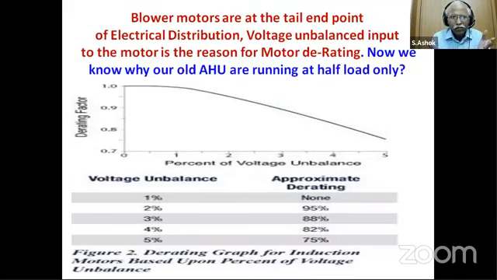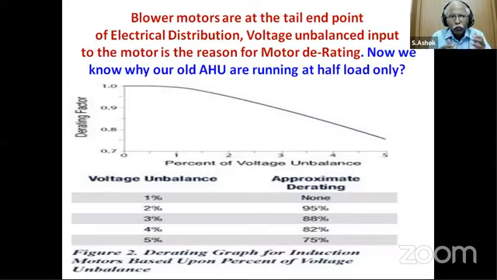Coming to the blowers, the motors at the tail end definitely have an unbalance in distribution. The voltage unbalance is definitely there. I am just going point by point. For an AHU, what is the input given? What you are deriving from the EB side is all 230 volts single phase, it's perfectly okay, 400, 410, 415 volts, everything is okay. But at the point of delivery at the blower, we find a voltage unbalance of around 5%, which means the blower motor automatically gets derated to 75%. It gets derated by 25%.